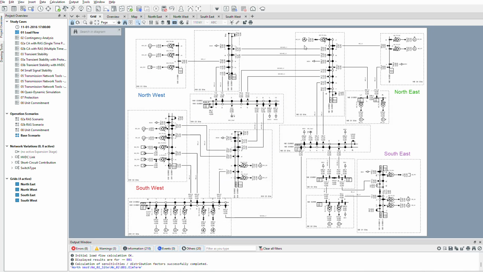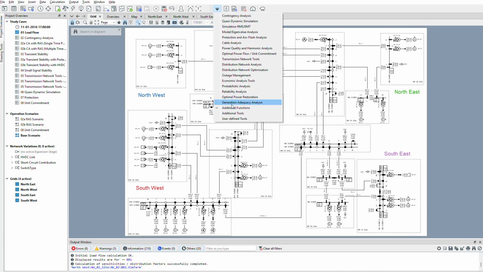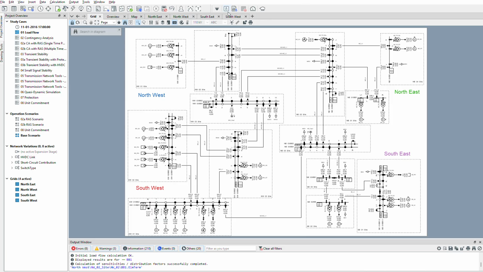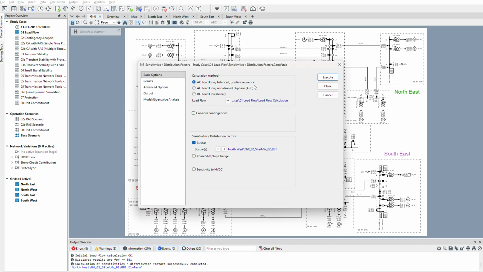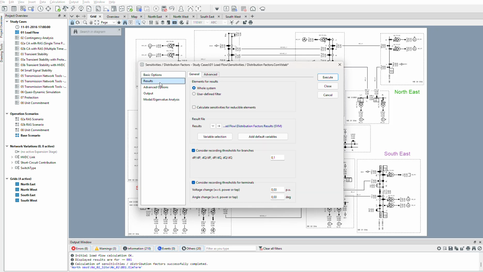To do that, if you go to additional functions, here we have the option for sensitivity analysis. By default, nothing is selected, but you can select bus bar, and from here you can select one bus bar. It doesn't matter where. And here in the result, it asks for the threshold for recording of dP to dP and dQ to dP. By default it is 0.1. If you execute,